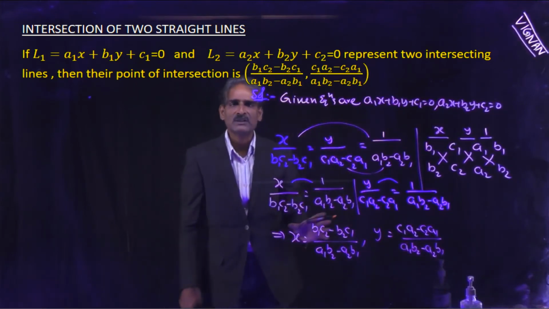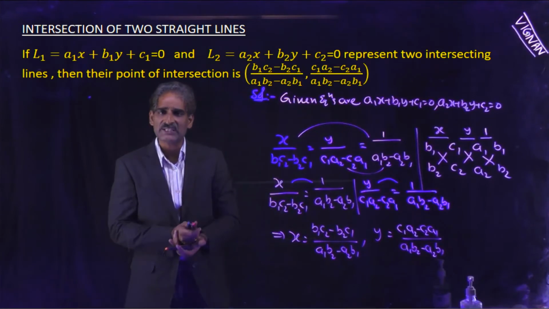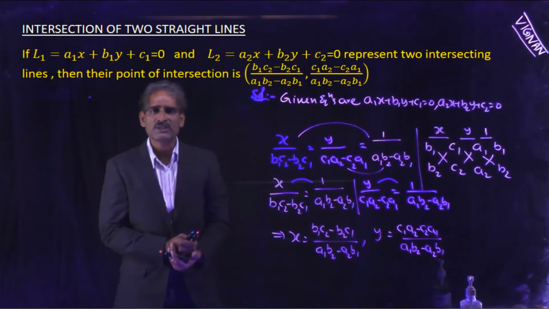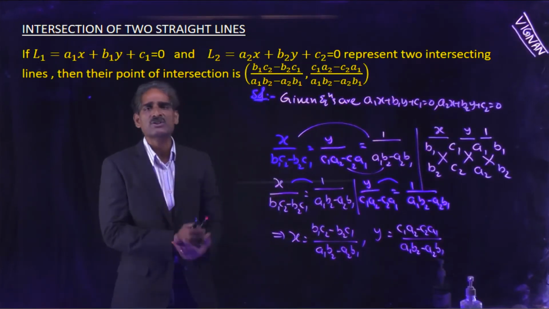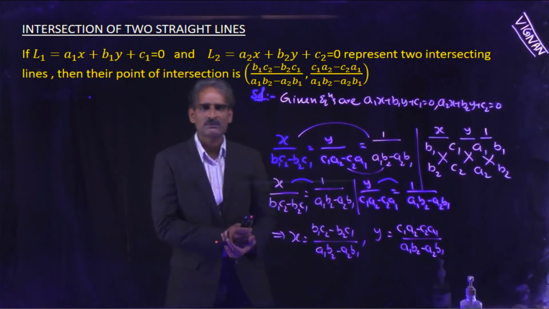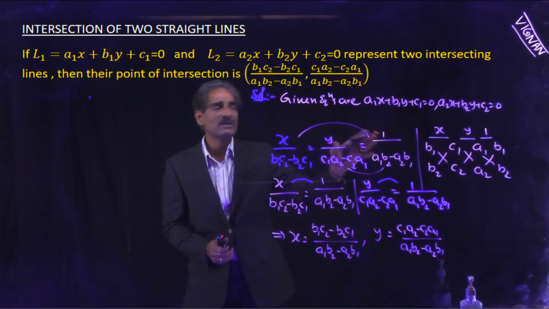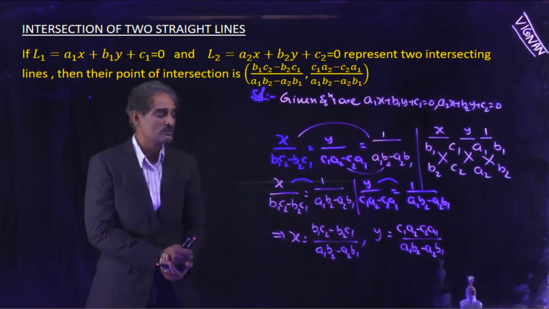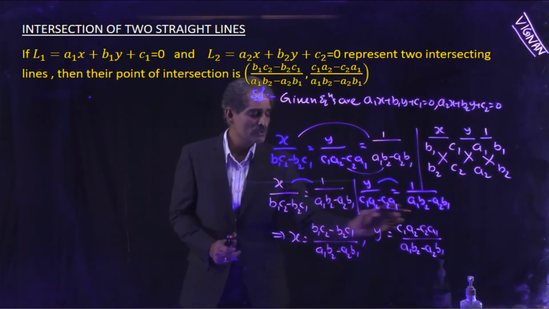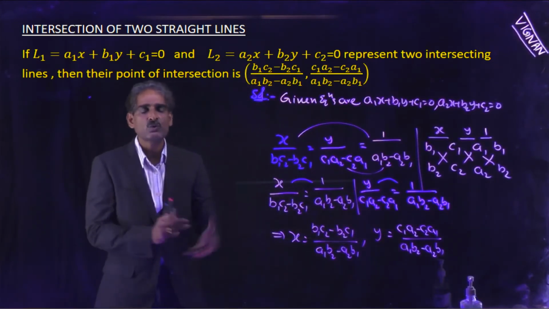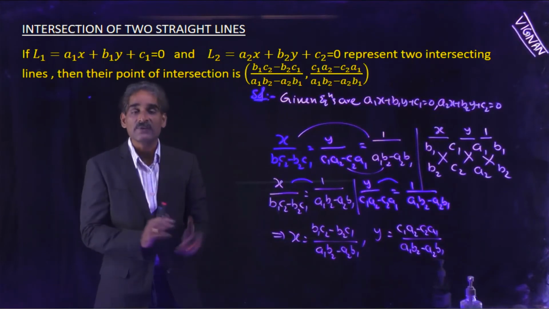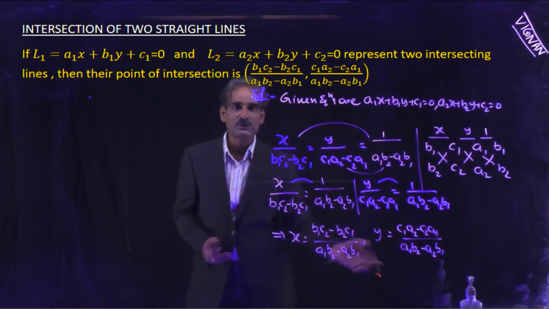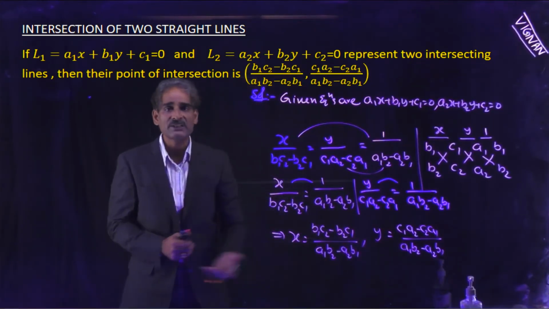This is the way to find the coordinates of the point when two lines are intersecting each other, that means they are not parallel. With the help of this formula, we can write the coordinates of the point of intersection. Otherwise, solving by the process is also not difficult. Here the denominator is the same; there is only a difference in the numerator. This is how to find the point of intersection of two lines when they are not parallel. If they are parallel, the denominator is 0, and the point does not exist.